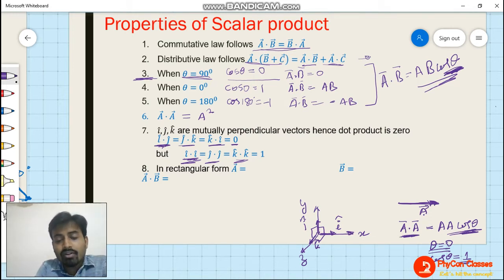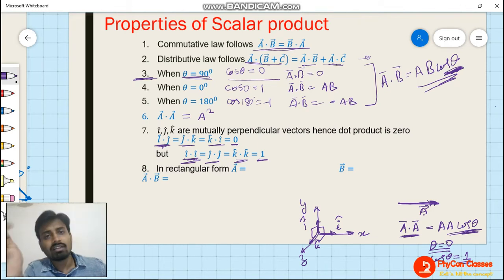And hence the answer is going to be, for A dot A, it was A square. But for i dot i, what is the magnitude of i cap? 1. Another i cap, 1, because it is a unit vector. For a unit vector the magnitude is always 1. So i dot i is 1 multiplied with 1. Answer will be 1. Whenever we are finding the dot product of the same unit vector, that means i cap and i cap, the answer will be 1. Either it is j cap and j cap or k cap and k cap, answer will be 1. But for any two different unit vectors, that means i with j, j with k, k with i, the answer is going to be 0. Why? Because the angle is 90 degrees.